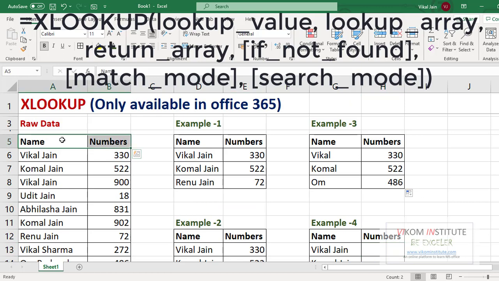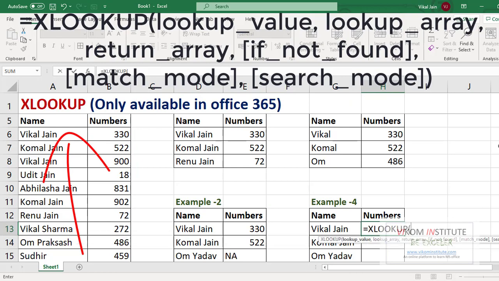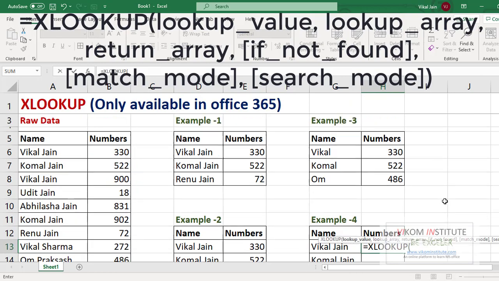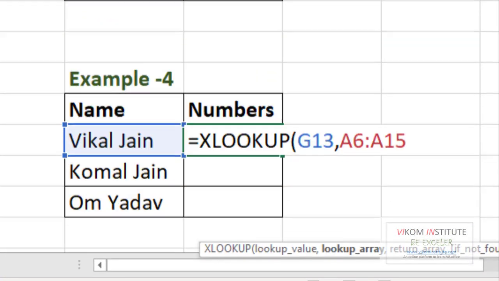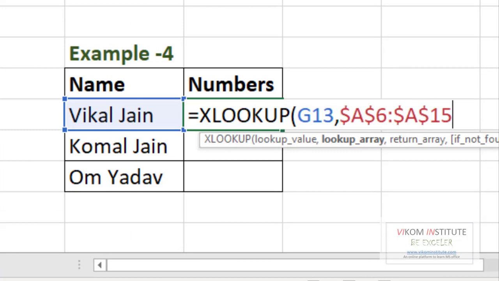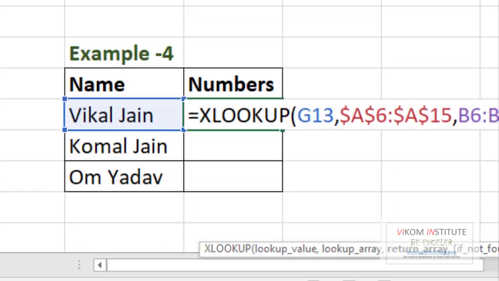Now, if we want our data from top to down, we can use simply these examples. But what if we want from bottom to top? Then we can use the last argument, that is search mode. So lookup value is once again, comma, lookup array is this one, comma, return array is this one.